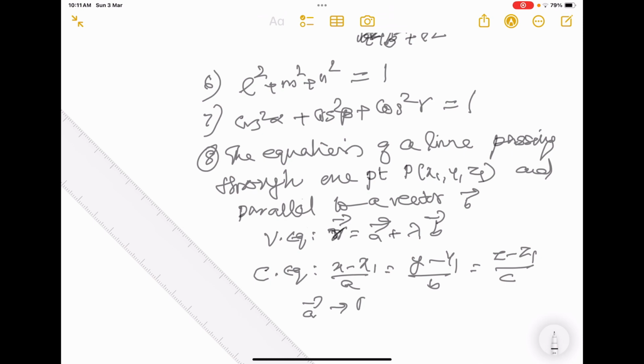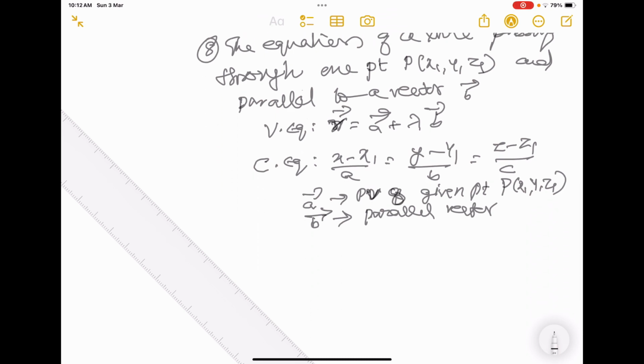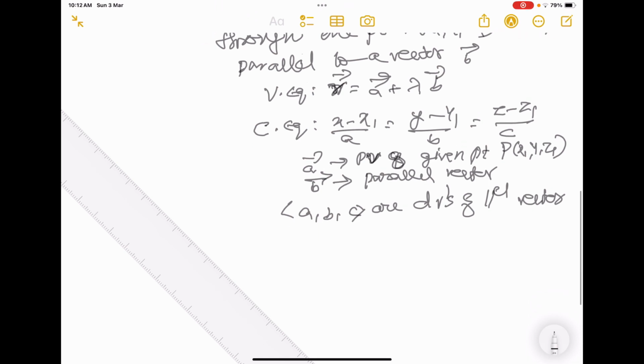Vector a is the position vector of the given point P(x1, y1, z1), and vector b is the parallel vector. a, b, c are the DRs of the parallel vector. This is the first case. And the next one is